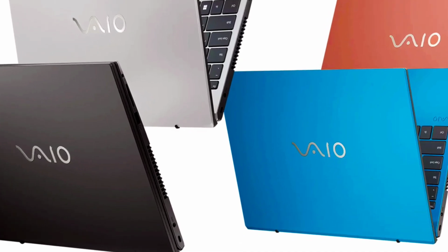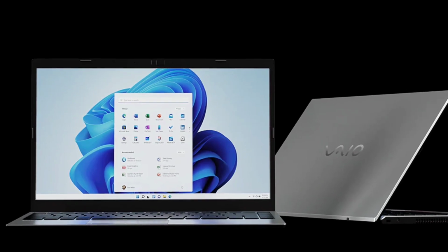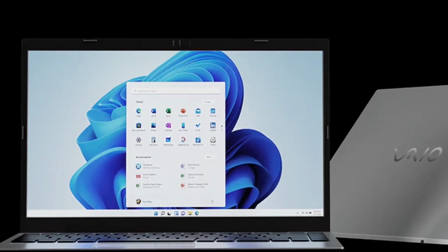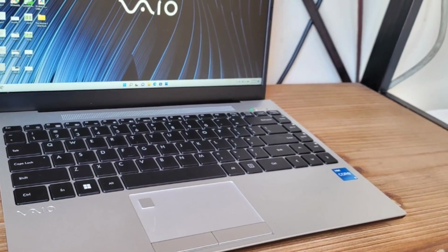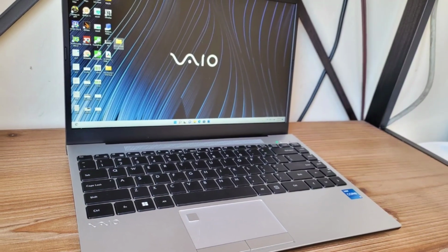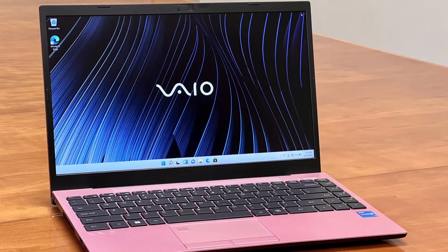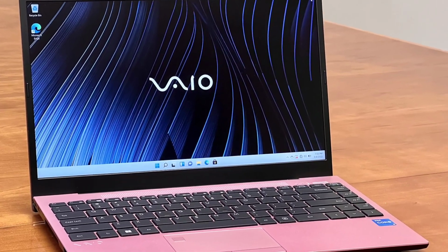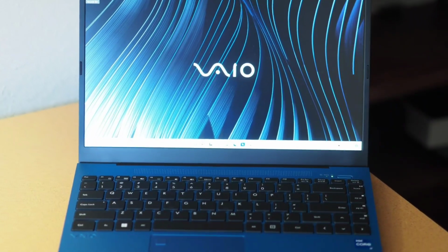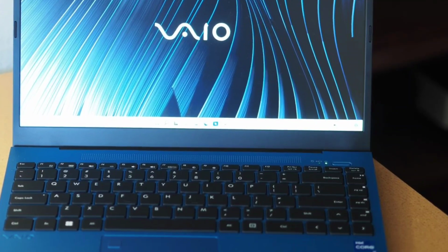The move to Walmart represents a market expansion for the current brand owners, whose $699 base model teams a Core i5-1235U CPU, 2 performance cores, 8 efficient cores, 12 threads, with 8 GB of memory, a 512 GB solid-state drive, and a full HD 1920 by 1080 pixel non-touchscreen. Our $799 review unit doubles the RAM and storage to 16 GB and 1 TB respectively,